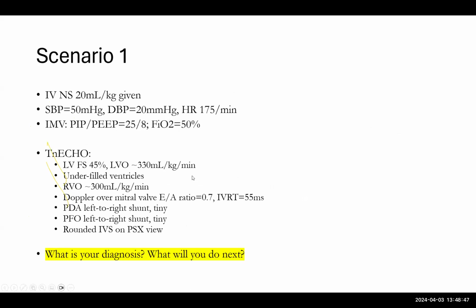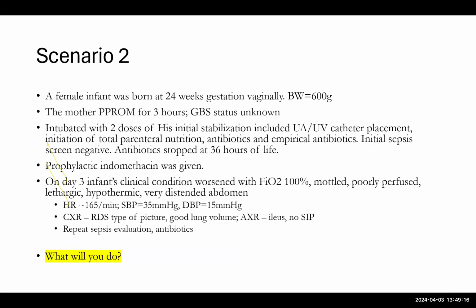So after the TnECHO, what are you going to do? Some colleagues may choose to give dopamine, which is not unreasonable to increase the systemic vascular resistance, especially if PPHN is not a big issue. If you like to use norepinephrine, it's also a reasonable choice. Would you use norepinephrine or would you use vasopressin? You can tell me, or share in the chat box, or we can have further discussions. Scenario 2 is more complicated.